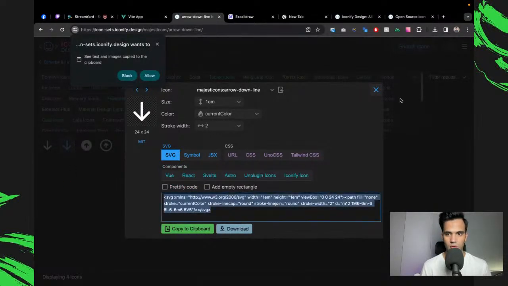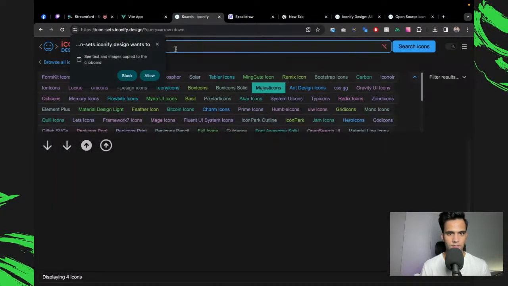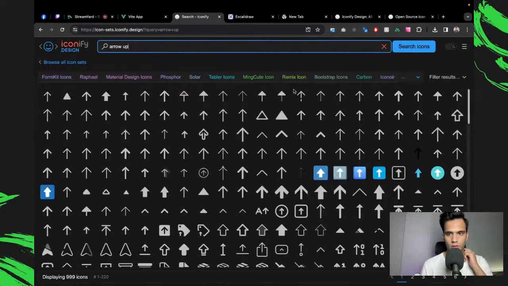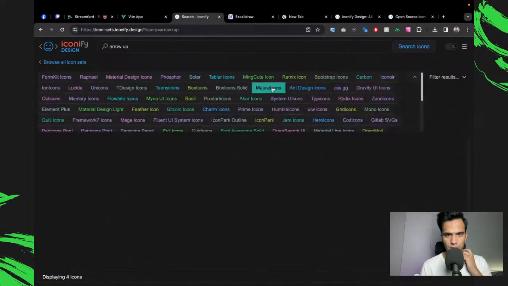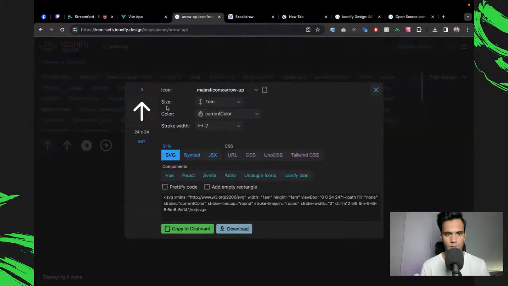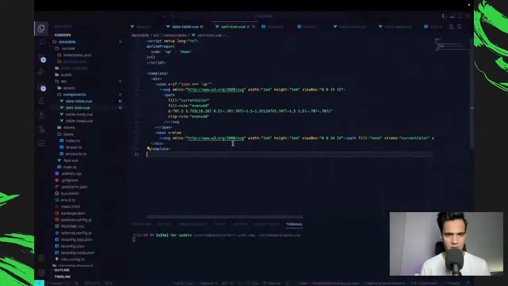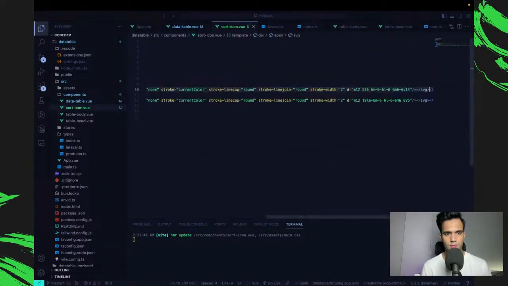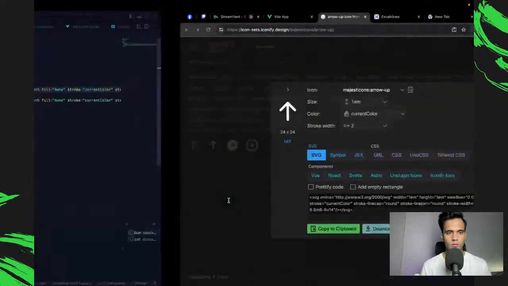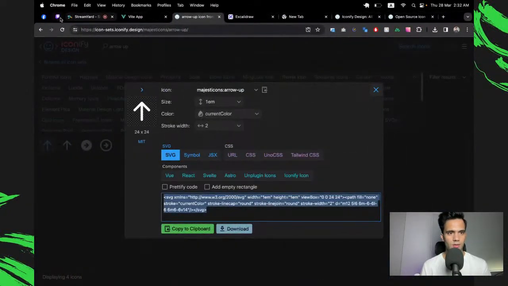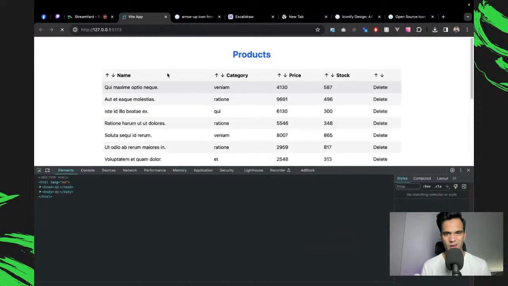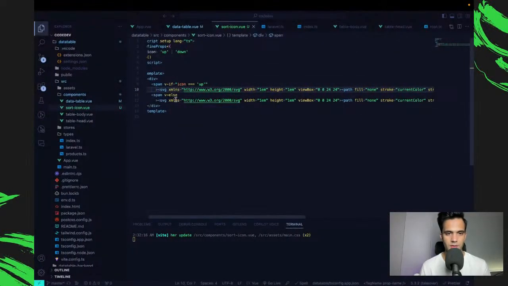And then I can go with up, and this has to be this one. Again, why does it have a 24 pixels box? Maybe I can fix that later. It would be just a waste of time at the moment. If everything is okay, our app should still be working. Icons are different, but anyways.